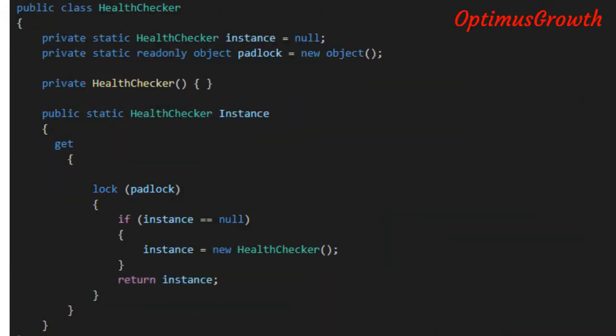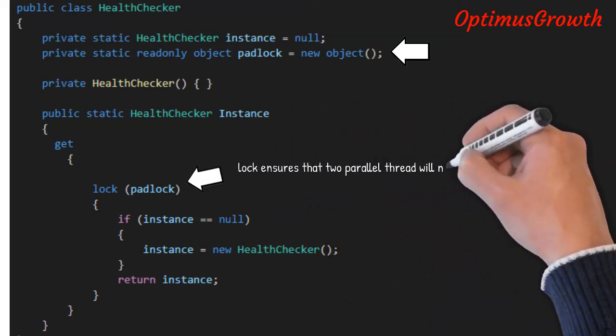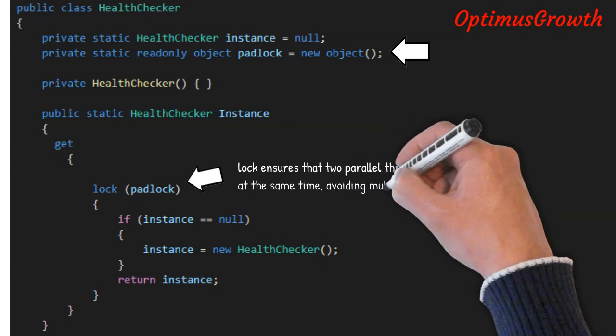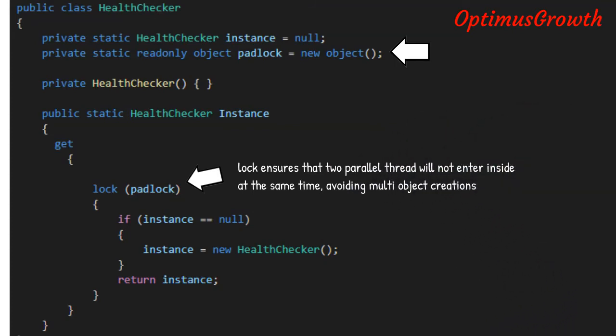We are going to create the same class, the same constructor, which is private, but this time we are going to add a twist. We are going to use lock. This lock will ensure that no two parallel threads executes the same line at the same time. What does that mean is whenever the first thread will try to access if instance equal to null, it will have to take the lock first. Unless the lock is released, second thread will not be able to access the if statement.